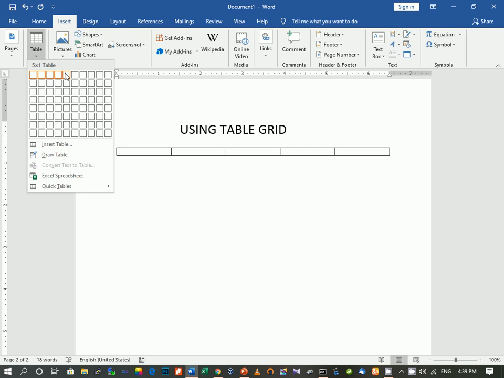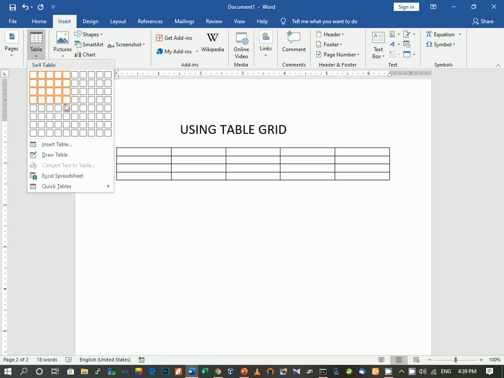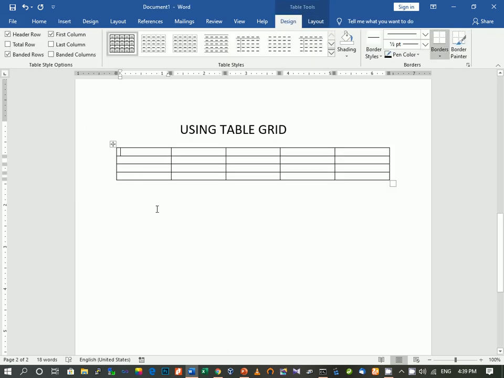So here number of columns are selected, then as I drag down, as I am moving down, this is creating the number of rows. So how many rows and columns you want, you stop over there, and then you can see the number of rows and columns are inserted in a table. So this is the first method, using table grid.